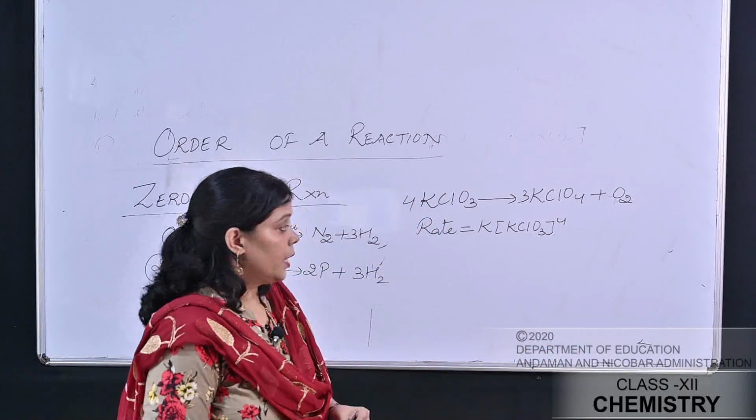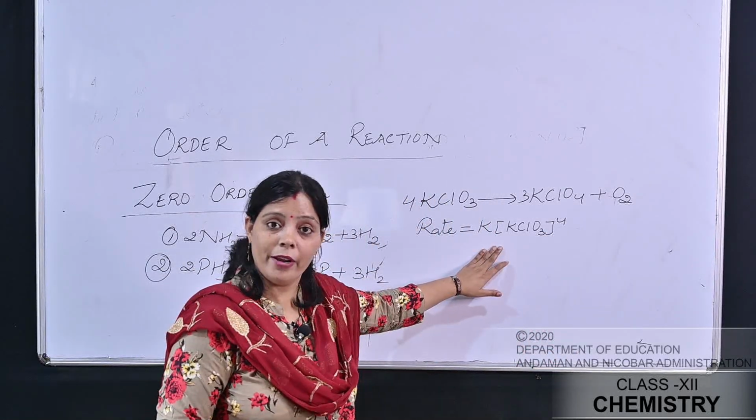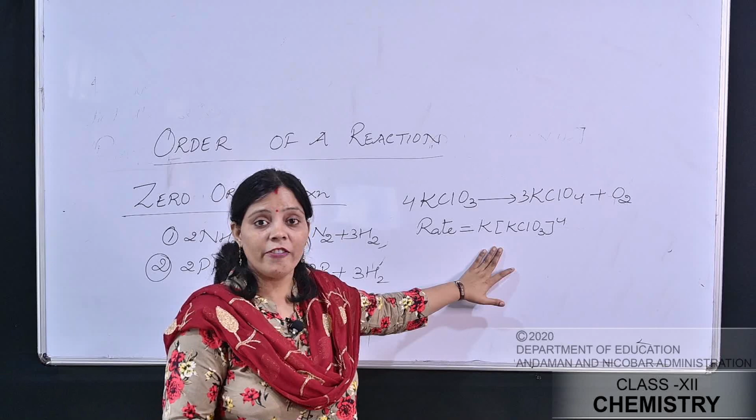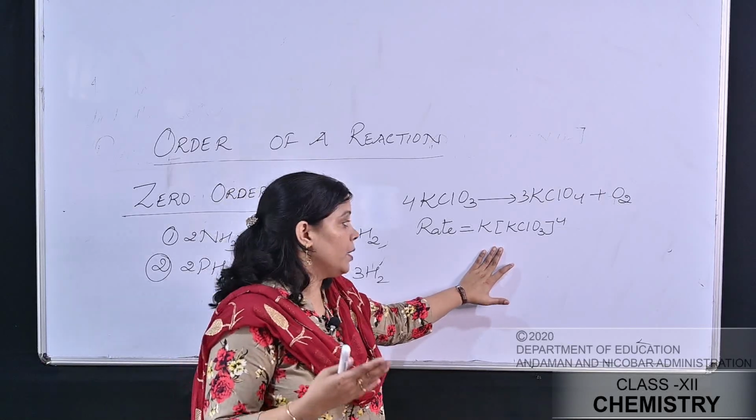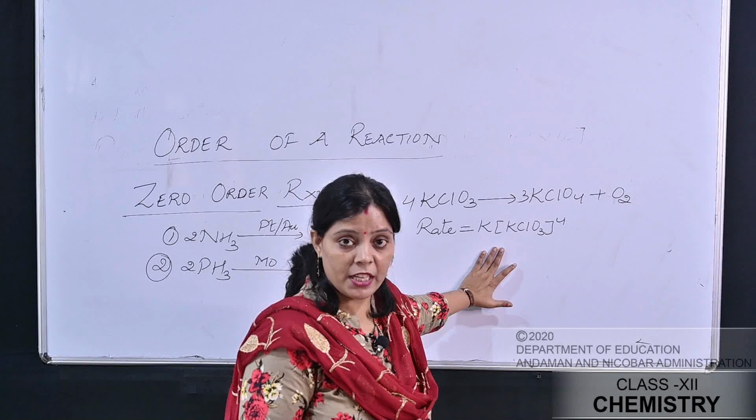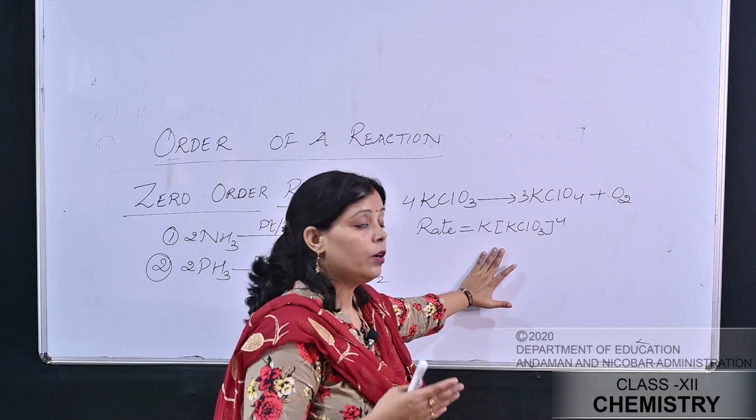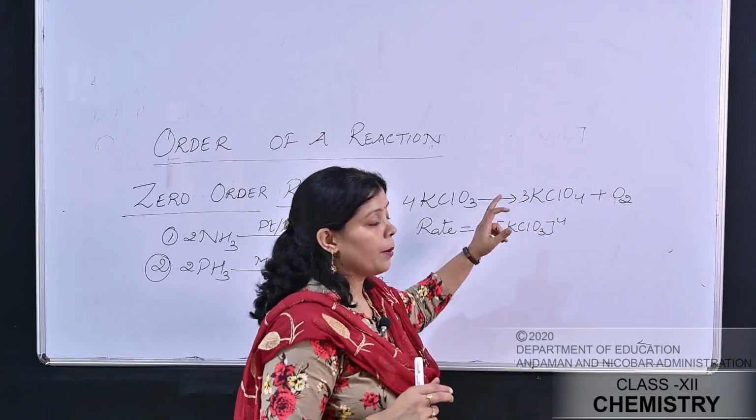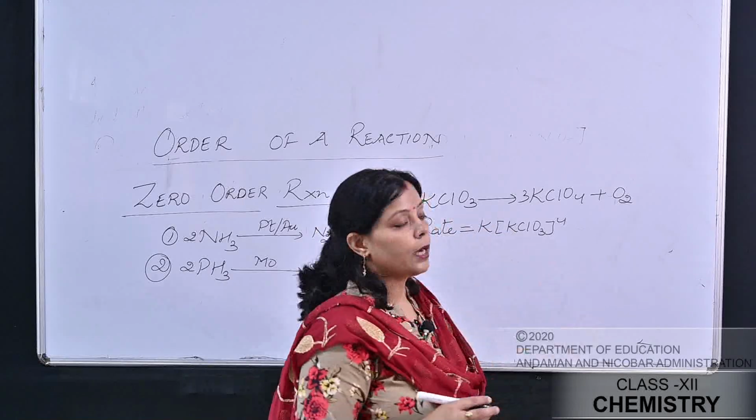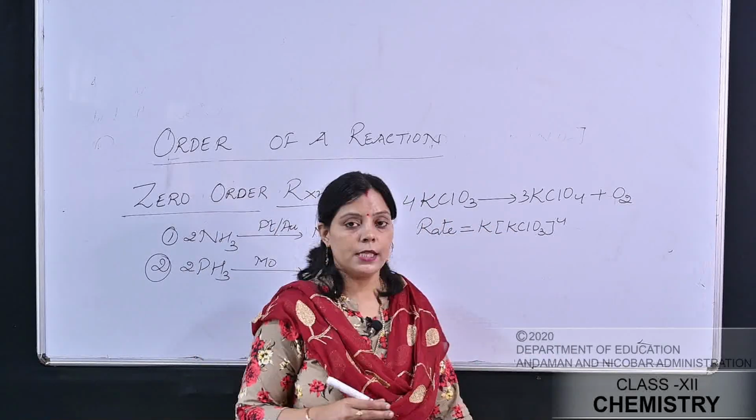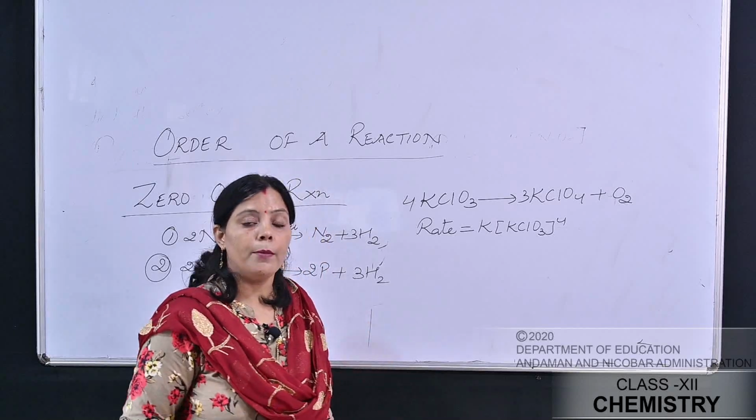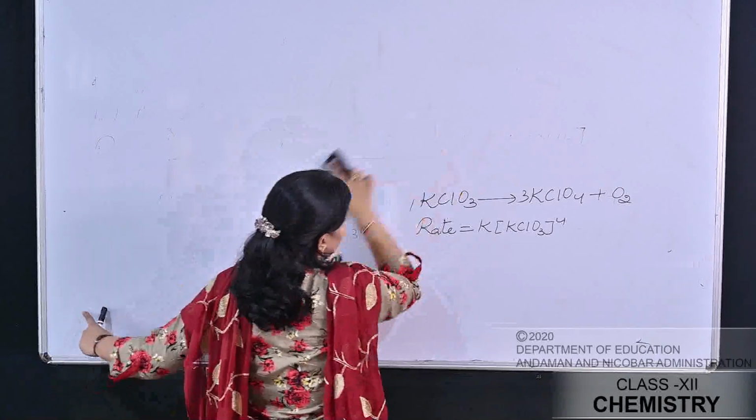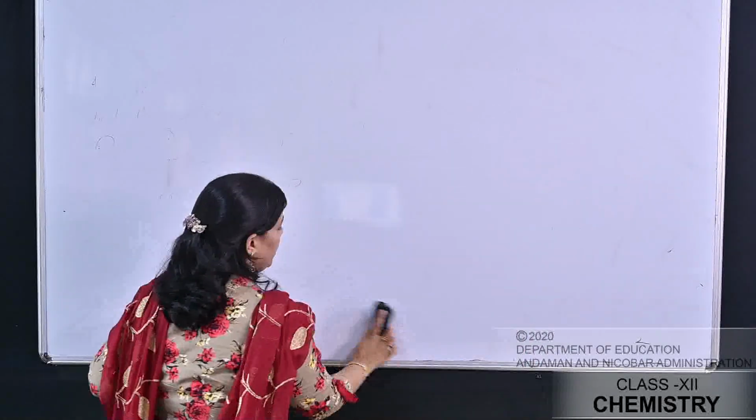So usually a reaction of fourth order is very rare, because the simultaneous collision between 4 or more reacting species is not favorable. It is nearly impossible for 4 or more reacting species to collide simultaneously. However, a fourth order reaction is very rarely seen, and one example is the decomposition of potassium chlorate to give KClO4 plus oxygen. After that, we come to the next topic, that is, how we calculate the unit of rate constant for